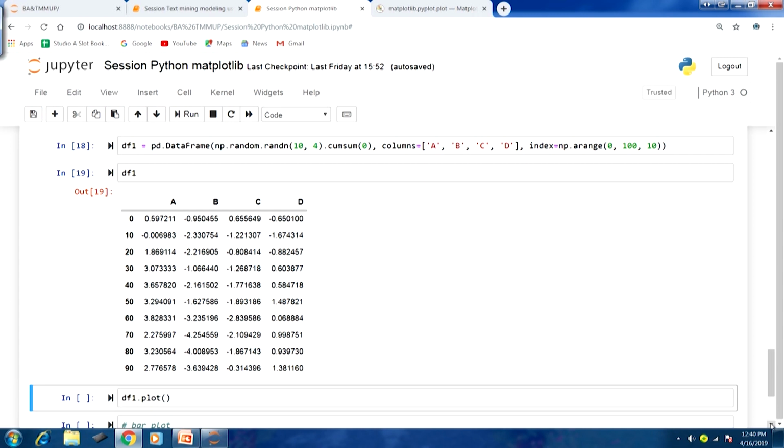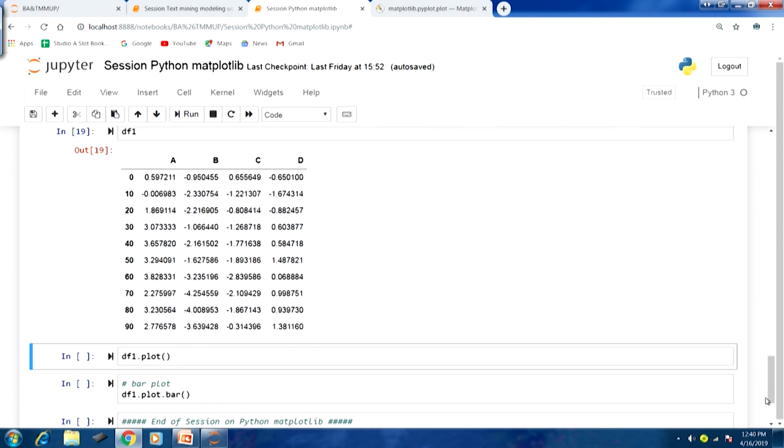This is the data frame object, and you can have a look at the values along each column. You can see the cumulative sum kind of values being generated there. That is clearly visible from the numbers itself.